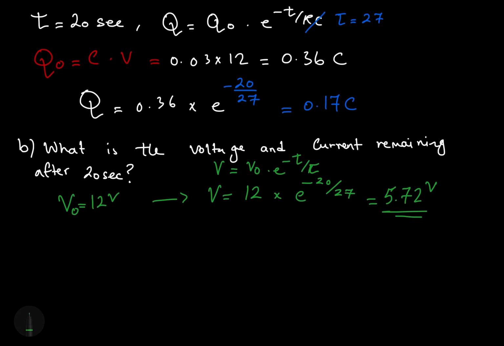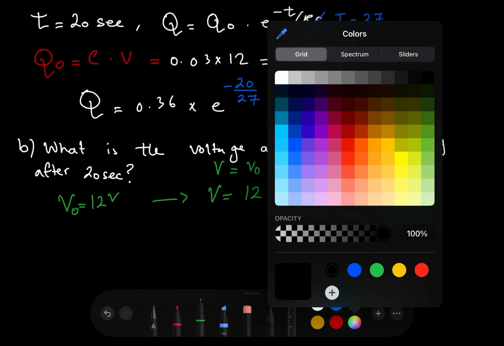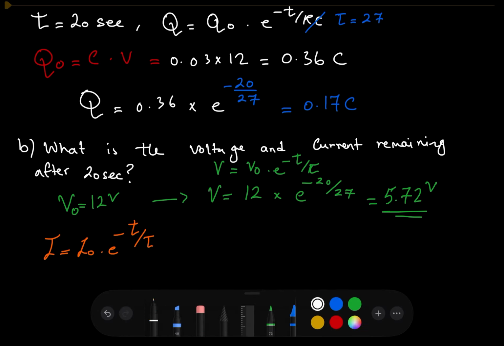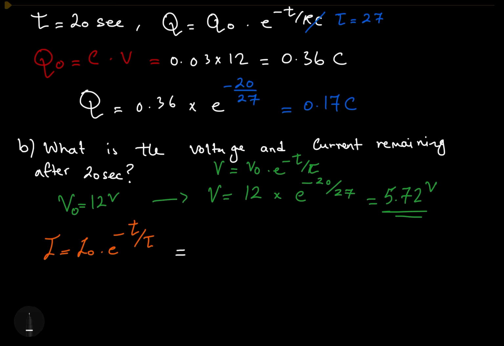And finally, if you want to find out the amount of current left after 20 seconds, you can simply go ahead and use I equals I0 times e to the power of negative t over tau. Notice that I'm using tau instead of R times C because they give the same value. Now, we don't have the value of the initial current I0, but we can use the Ohm's law that I mentioned at the beginning to find it. We know that I is going to be the initial voltage divided by resistance. The initial voltage is 12, and we can divide that by 900 ohms to find the initial current. 12 divided by 900 is